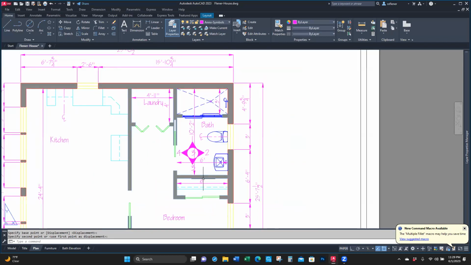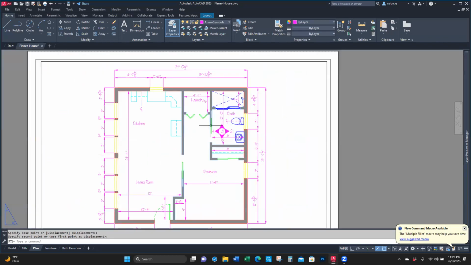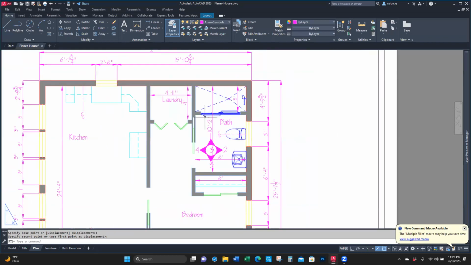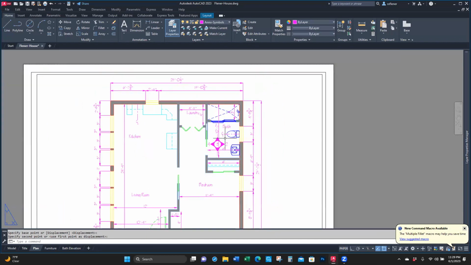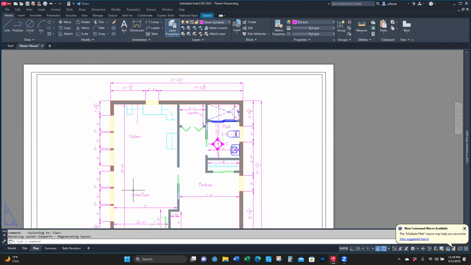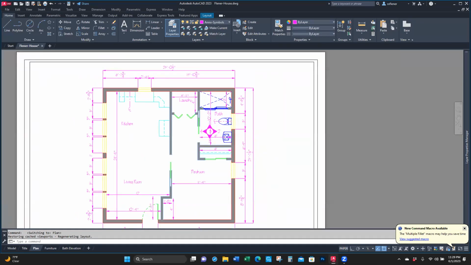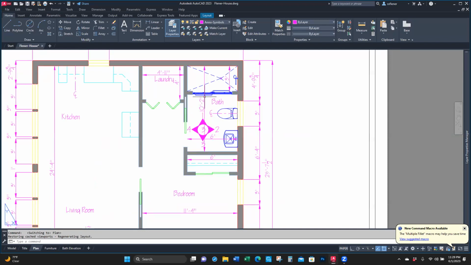Okay, so if I'm a contractor and I'm looking at this plan and I'm wondering what this room looks like, I can say, oh, there's an elevation symbol showing me that I can find the elevations on page 3. So anytime you have an elevation, you'll have a symbol. So this one, there's four